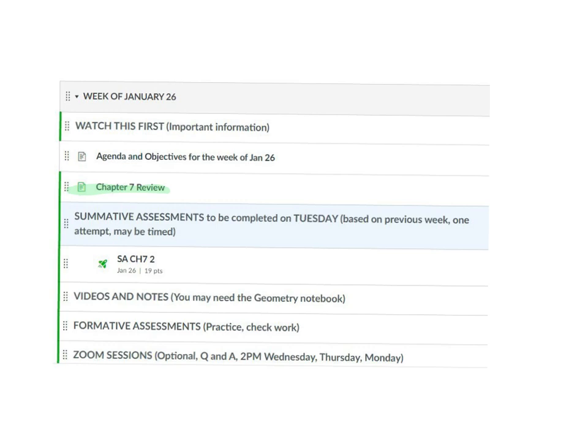On that page, you will see the embedded Google file that goes with that, as well as the PDF if you wanted to print it off. And then there are 3 videos, just so that they keep them shorter in length, and we're able to upload those easily, that go with that review. And I do recommend that, if you're interested, you do that before taking your summative assessment. The summative assessment is right here.